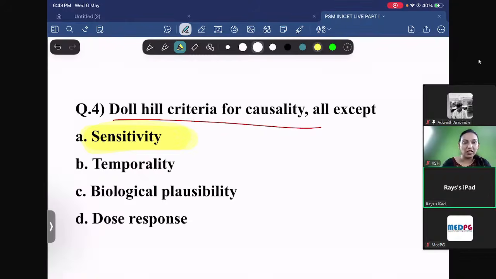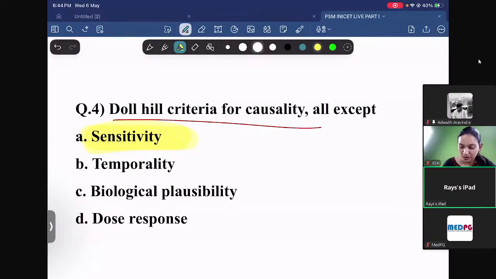For example, smoking causing lung cancer. I'm not telling smoking is associated. What I'm going to talk about is smoking causing, or this particular exposure being causative of this outcome. So for that, we can't just say based on one or two assumptions. No, we need a set of criteria. If the relationship is following these criteria, then you can say that, okay, this particular exposure is causative of this particular outcome. So for that, we have something called the